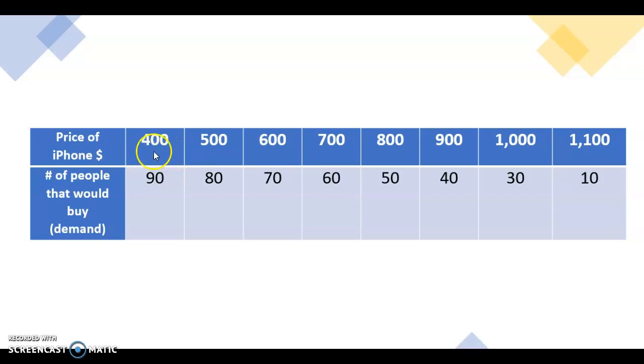So if the phone costs $400, 90 people would buy it. If it costs $580, 70 people would buy it, at $670, 60 people, and then at the end I say if it's $1,100, 10 people would buy it because that's more reasonable. And for my demand,